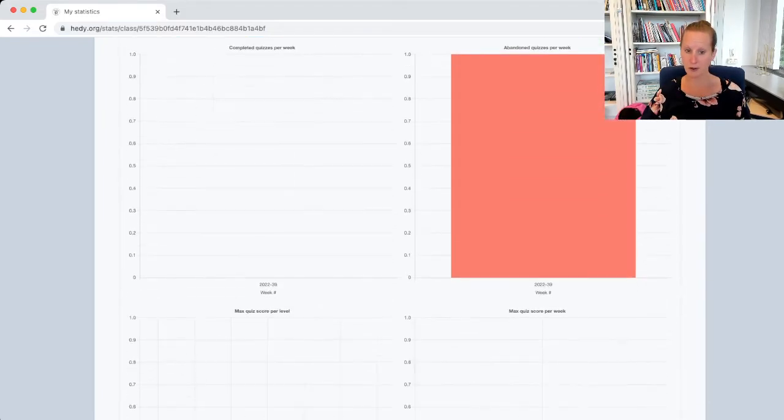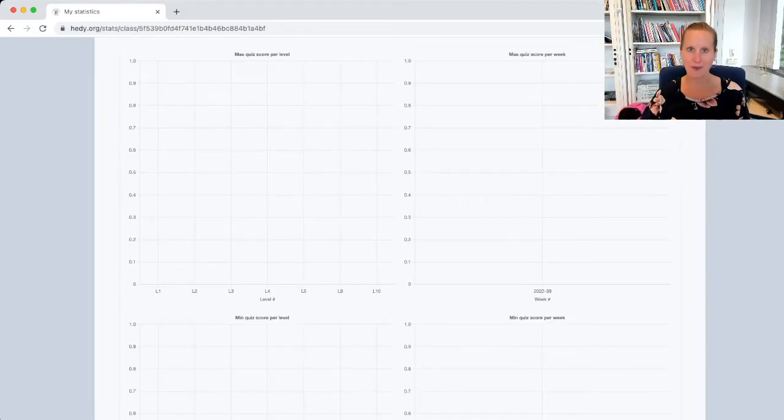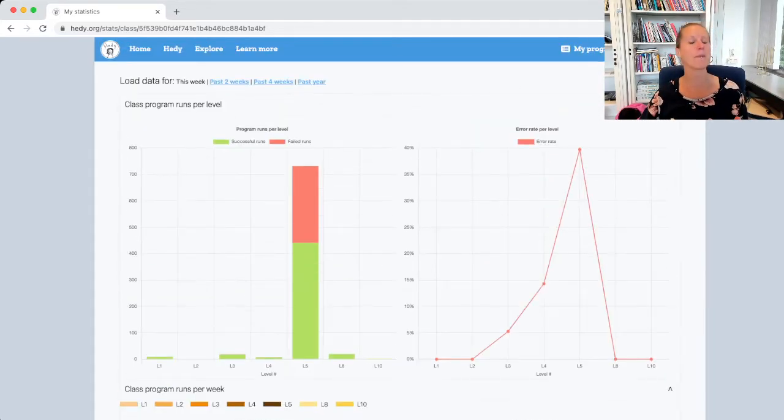Here you can also see quizzes, but this score for me is empty because, as I said in an earlier video, I usually do the quizzes plenary with a digital screen behind me, so I don't have students do the quizzes on their own. This view, again, as some of the other teachers' views, also maybe is a bit overwhelming,